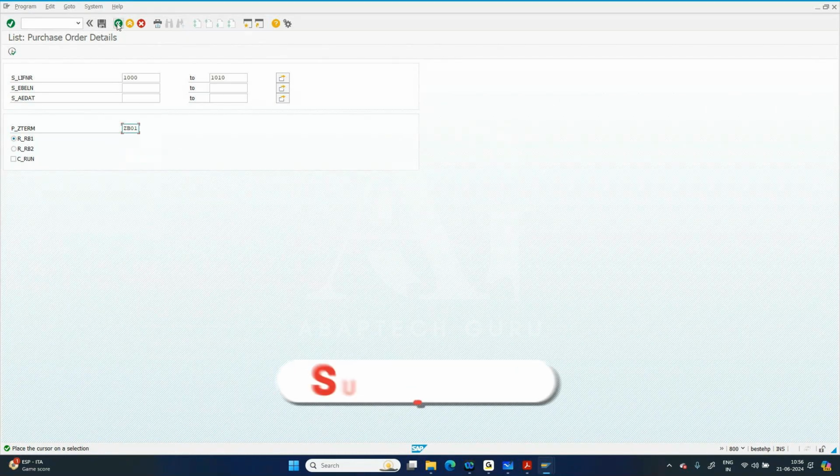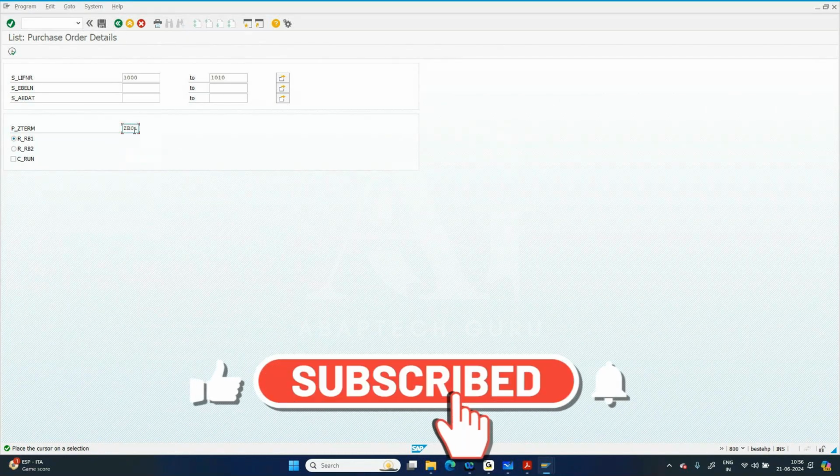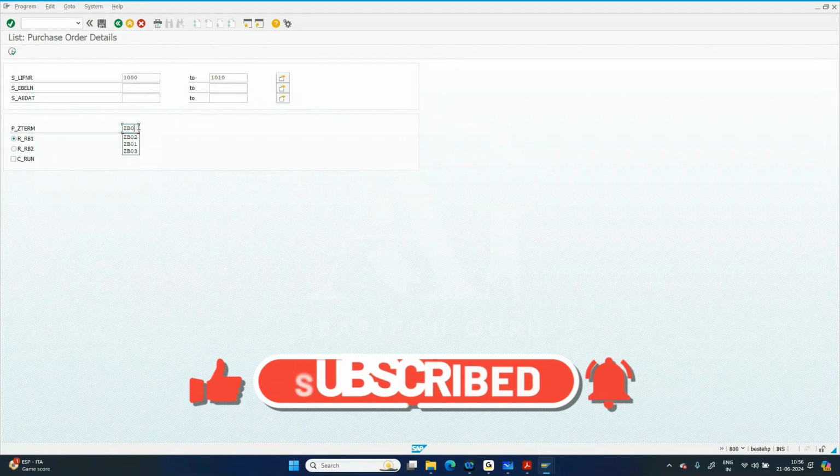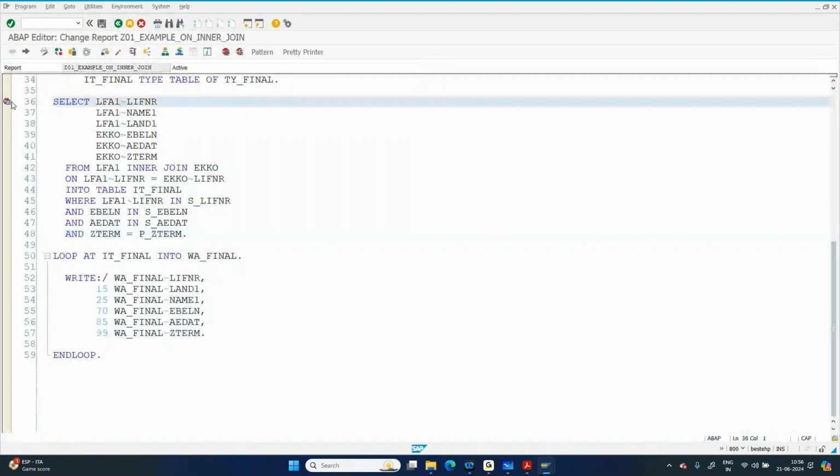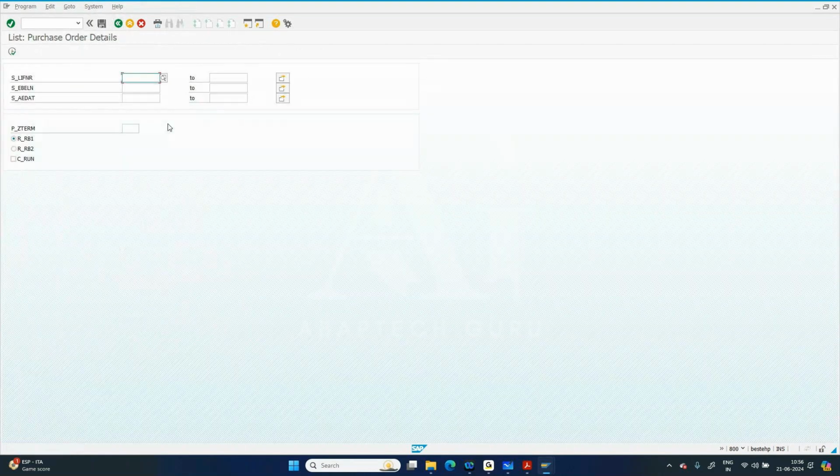Now what will the system do? If I go with ZB03, if I look for ZB02, we don't have any. But if I go with ZB03, we do have. Now if I place my breakpoint over here and click on execute, passing 1000 to 1010, I'm not passing anything in the Eblin, I'm not passing anything in the ADAT, but I'm passing ZB03 in the payment term. I'm selecting this R underscore RB one radio button, and I'm selecting this C underscore run as a checkbox. If I click on execute,